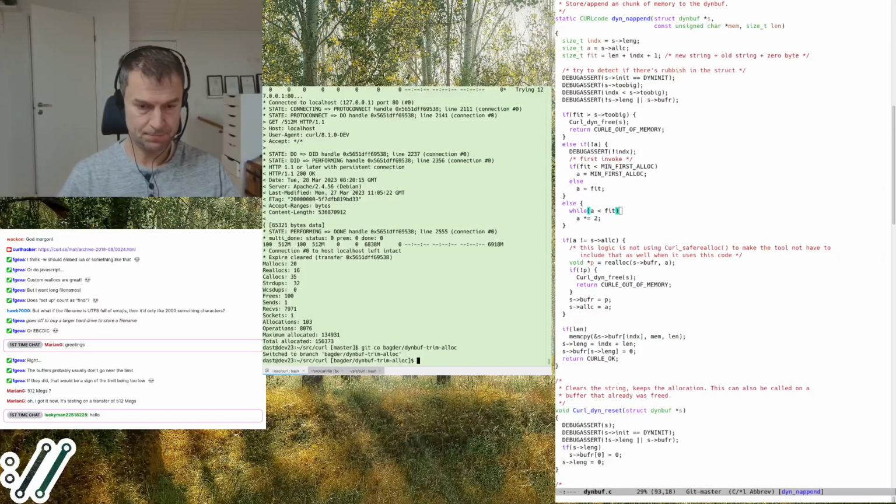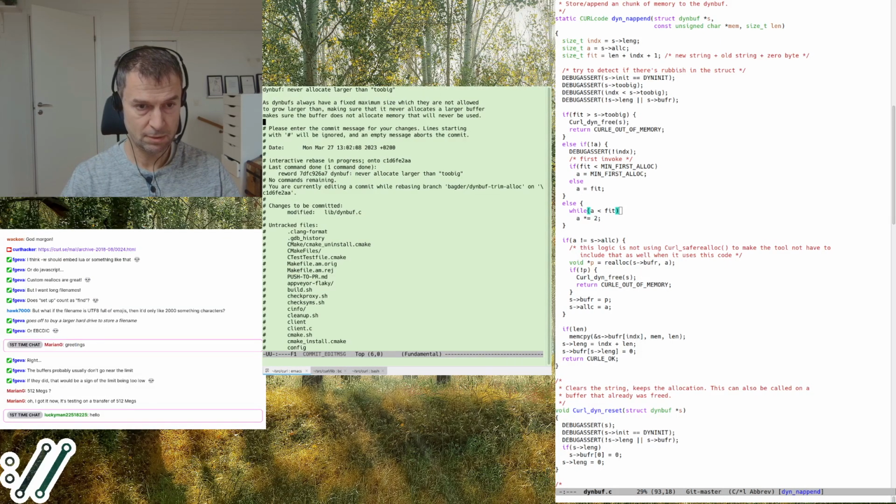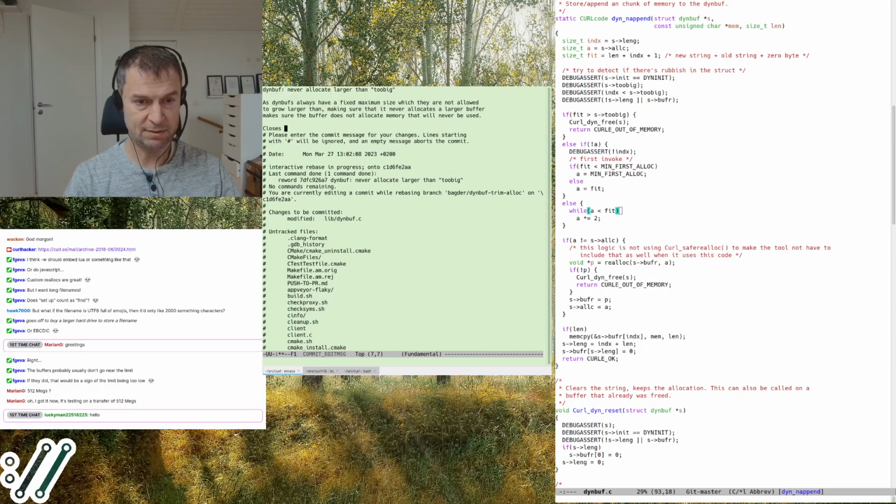So here I am. And this text, the commit message, actually explains what I've been saying here.